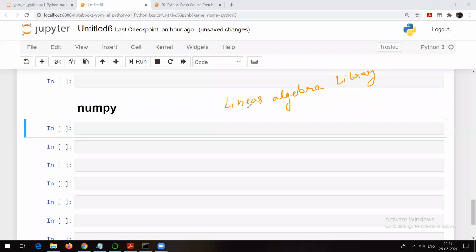That means, if you talk about the different fields, many times you are going to require to store your data. But you cannot store the data directly. For example, if you take an image, you cannot store the image directly. Machine cannot understand that image. Machine understands 0 and 1.